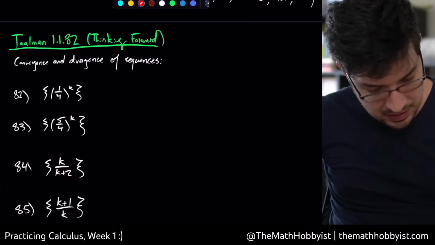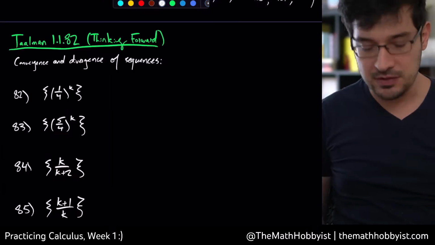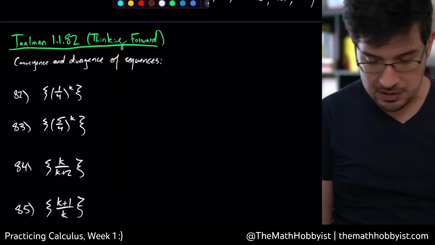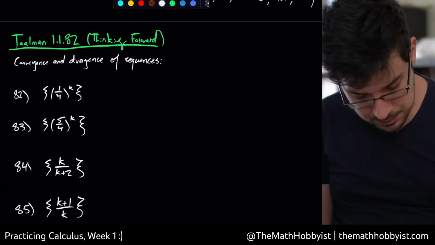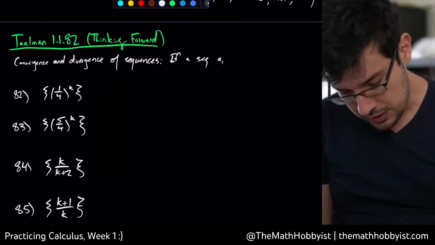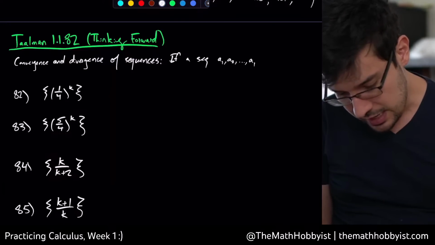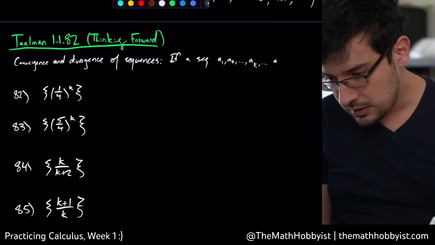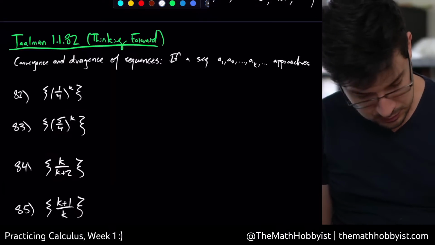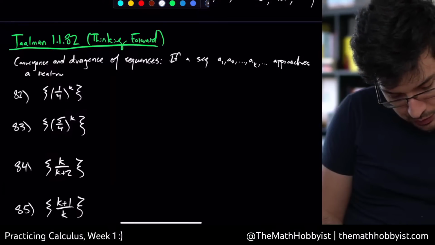It says in this thinking forward, which means in a future section of this book we're going to talk about this concept, if a sequence A1, A2, ... AK ... approaches a real number